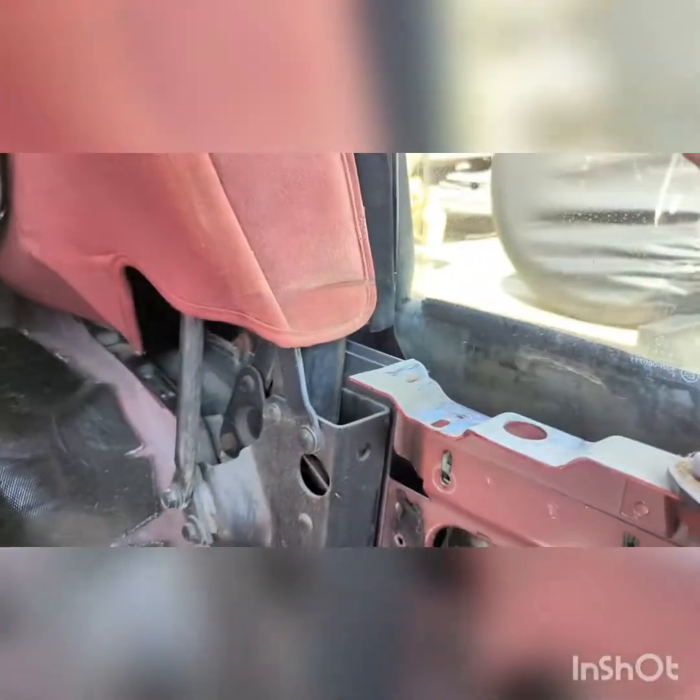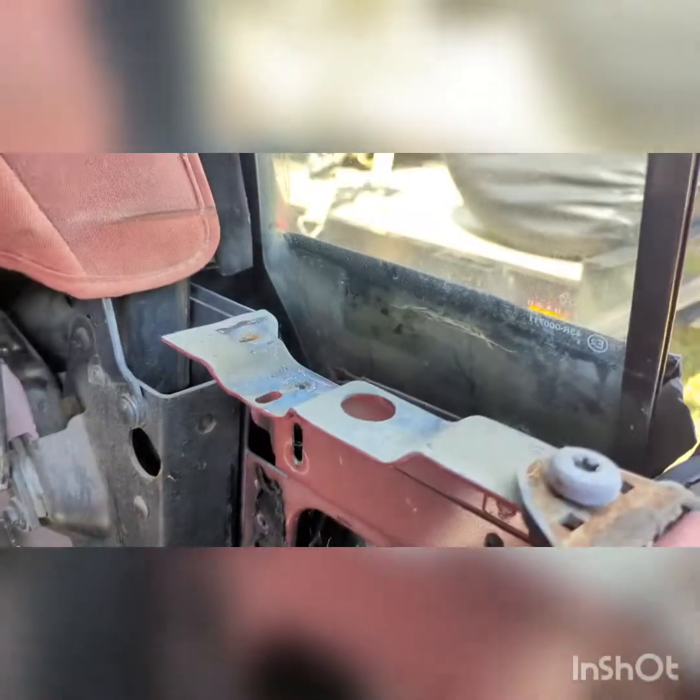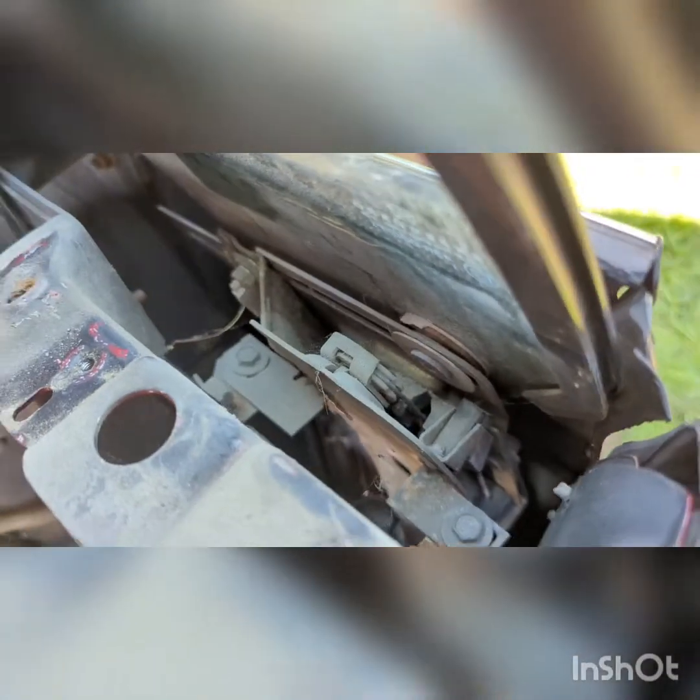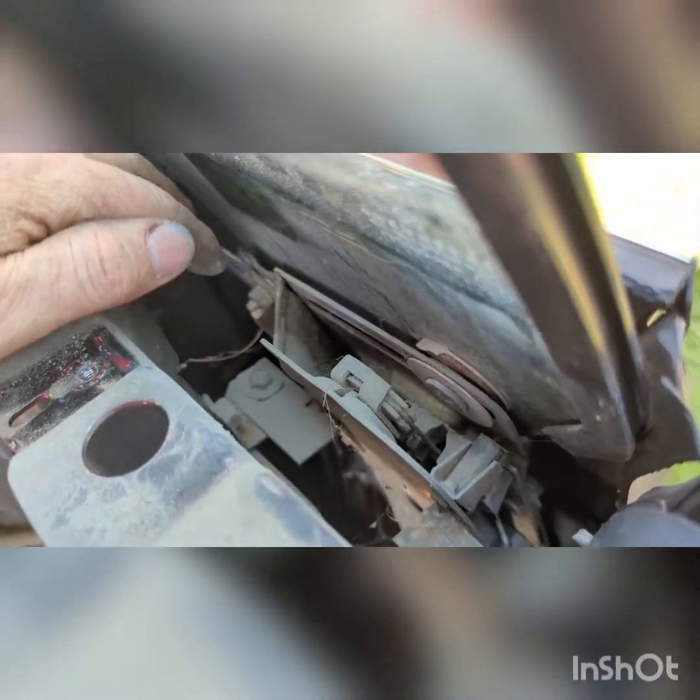The power window motor harness, make sure you unplug that. Just push the pin and it should pop right out. And then you just lift the motor and work it out. It's kind of a struggle at times because it's kind of tight clearance through here. I've also at times had to remove this bolt and this bolt,